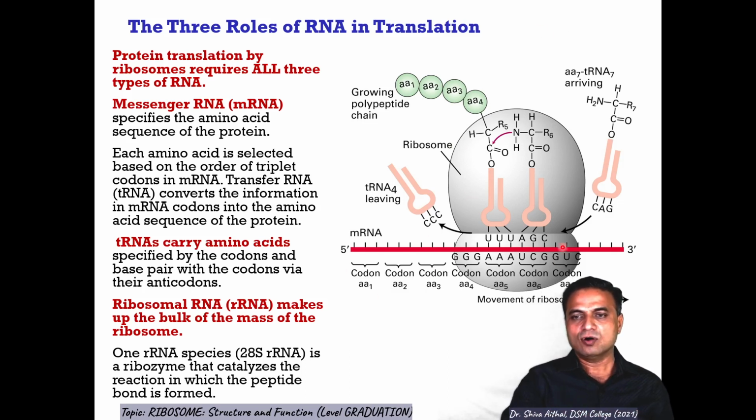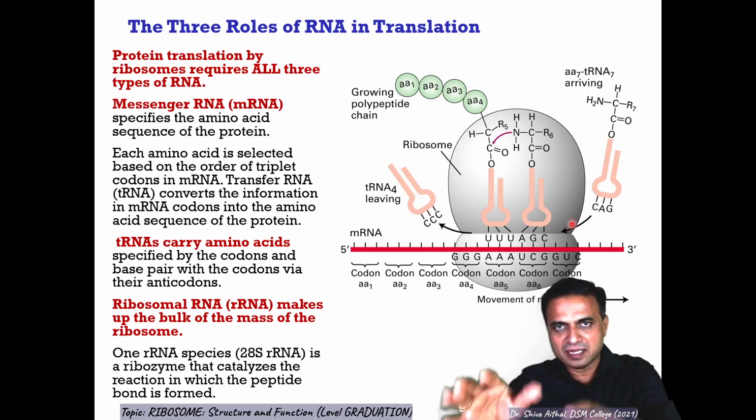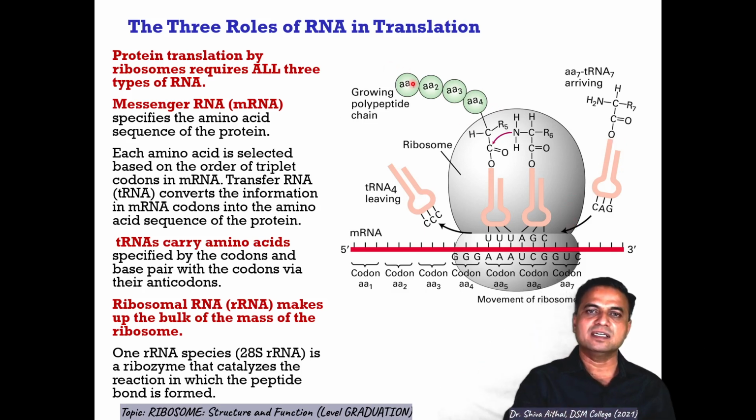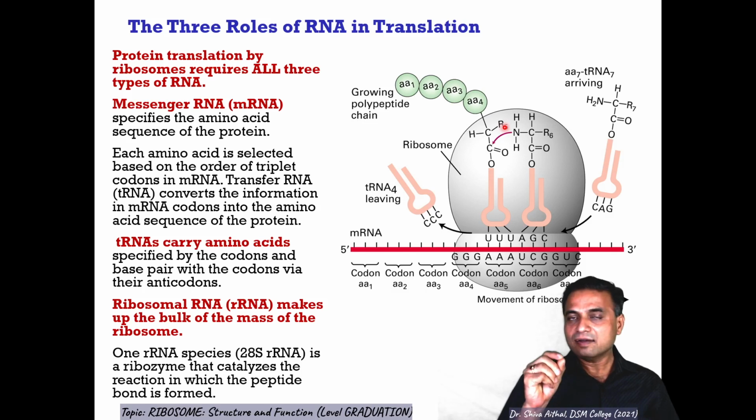So the whole site of ribosome function is like this, as you see in the figure here: an mRNA on which a 30S subunit and a 50S subunit sit, and tRNAs with their anticodon sites and amino acids, subsequent amino acids coming into the ribosomes and leaving, and a growing chain of amino acids forming there. RNA is of three types: mRNA, rRNA, tRNA. All are required in protein synthesis. Protein translation by ribosomes requires all three types of RNA, and ribosomes provide the assembly ground for them.